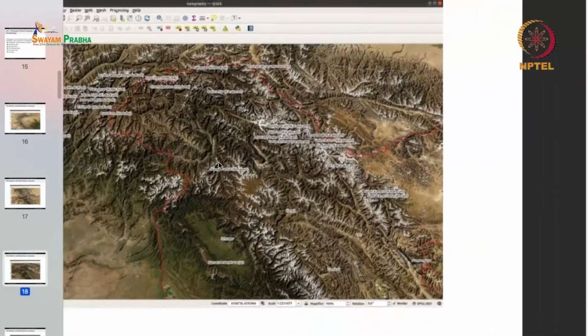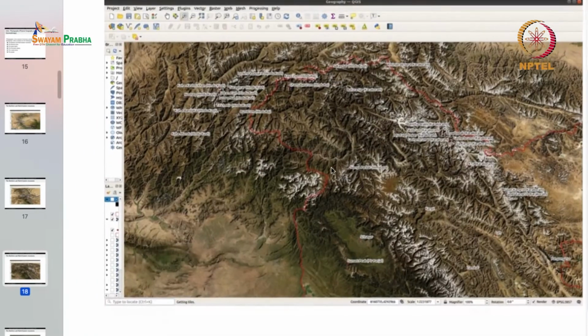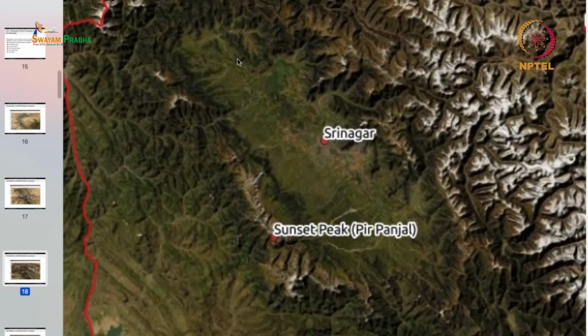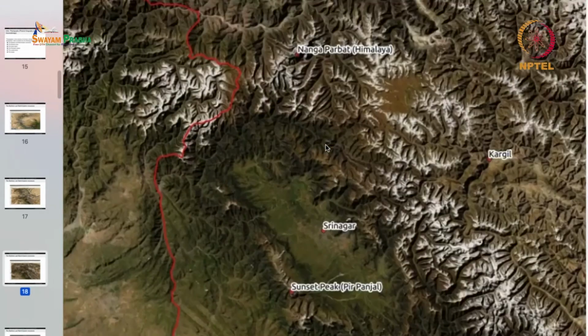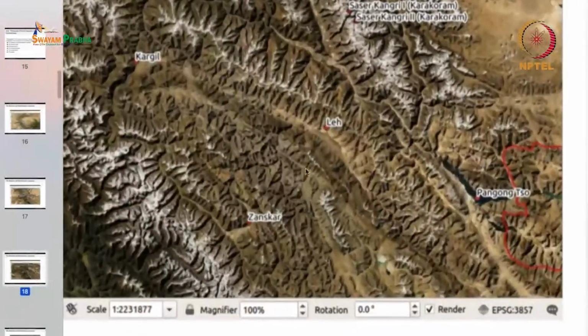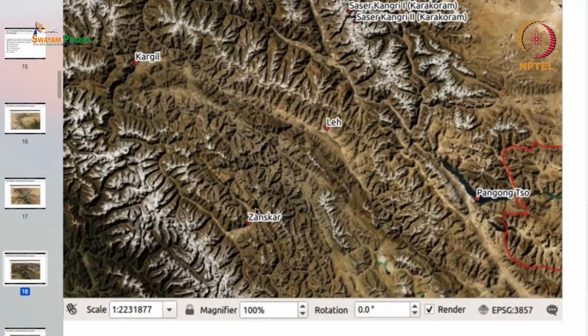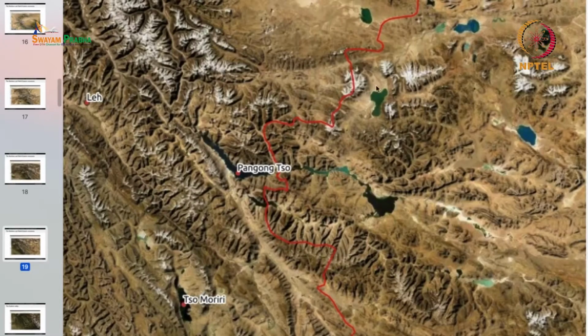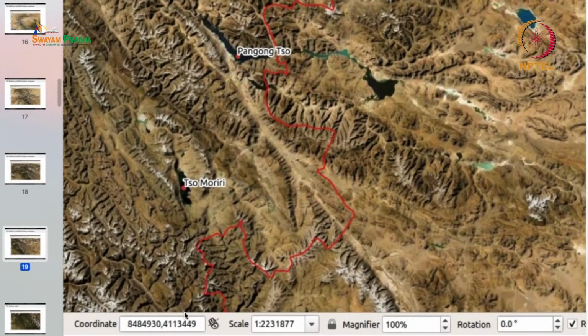And if we look at this portion in more detail, we will find that this is Srinagar. So this is the Kashmir Valley, and this Kashmir Valley has Himalayas on one side and Pir Panjal range on another side, and this is a peak of the Pir Panjal range. So this is Srinagar, and here we have the Leh range, and here we have the Zaskar range. So these are two other important ranges in this region. In this region we also find a large number of glacial lakes such as the Pangong So and the So Moriri,